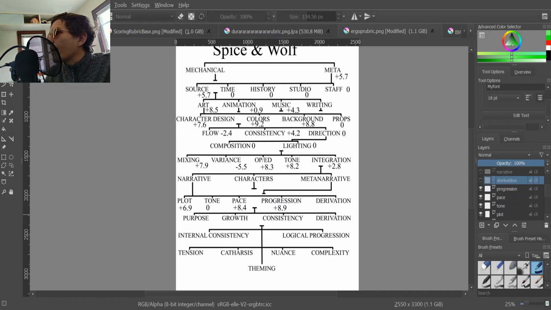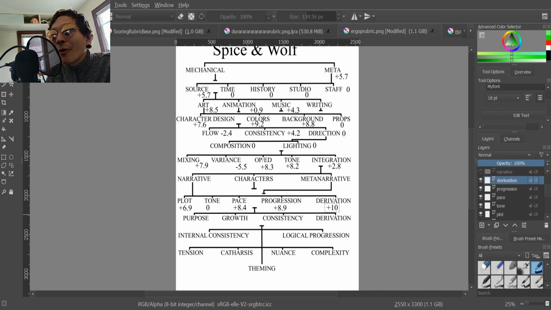And then derivation. Now, it is a love story, so the derivation is kind of large. Holo is obviously a tsundere to a degree. Lawrence is a straight man to a degree. But the derivation is actually offset really strongly here because it's a show about economics, about Renaissance period European economics, which is just bizarre. It is one of the most original things that you could possibly have for just like the framing device. I'm going to give this a 10 out of 10 for derivation just because